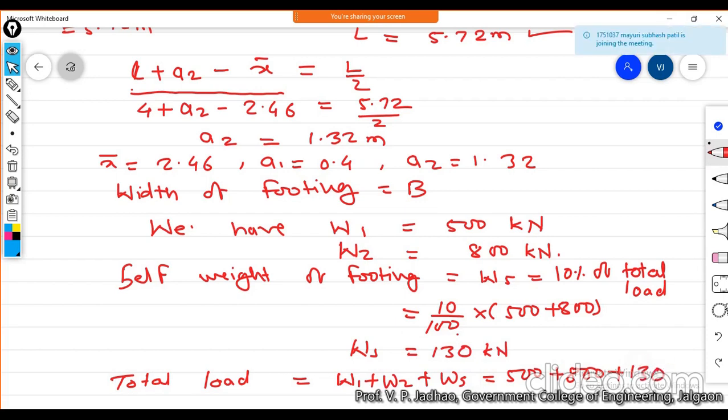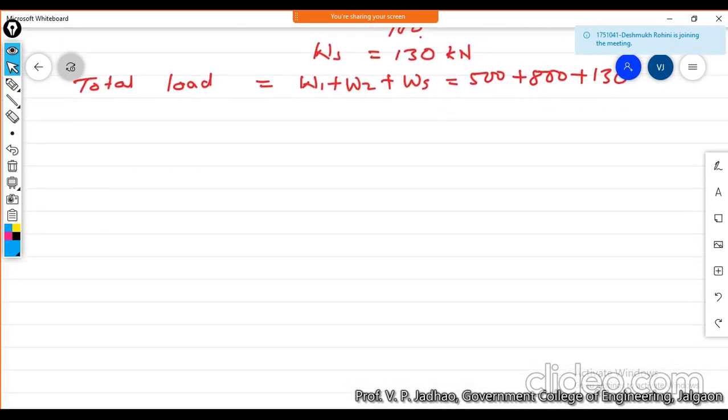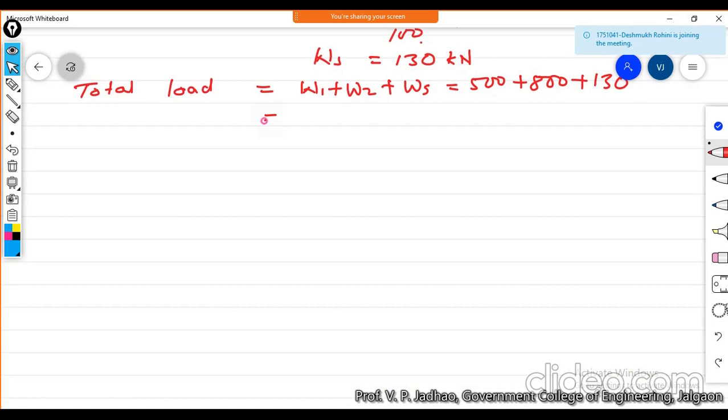This is equal to 130 kilonewton. Therefore, the total load will be equal to how much? This will be 1430 kilonewton. Again, we know that the area of your footing,